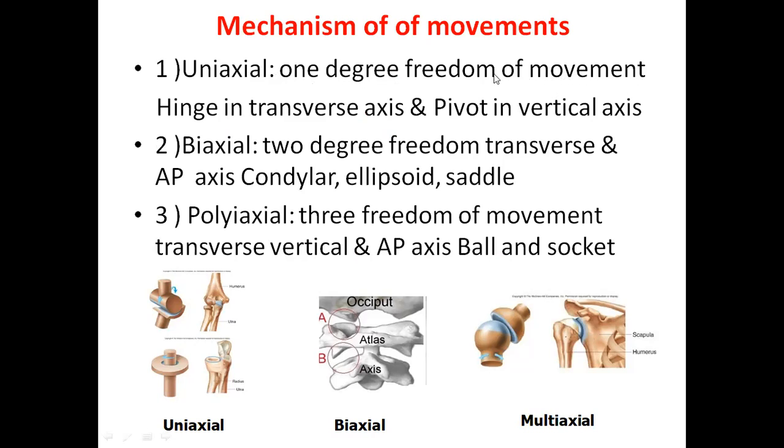These joints are not freely movable, but they move only on one axis. Hinge joints move in the transverse axis, that is only flexion and extension movements are performed. Pivot joint moves in the vertical axis, that is the rotation of the